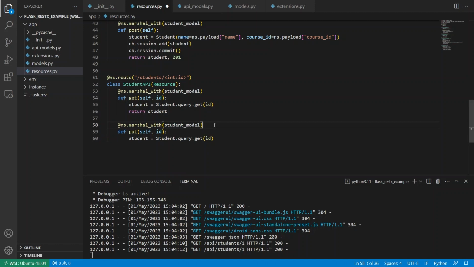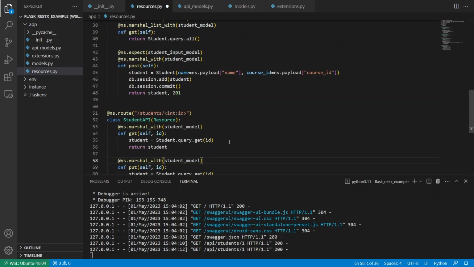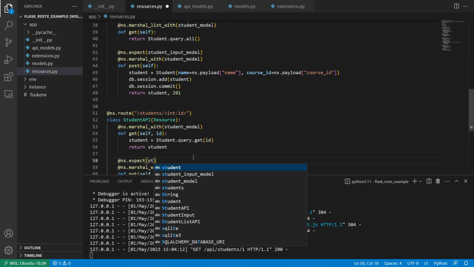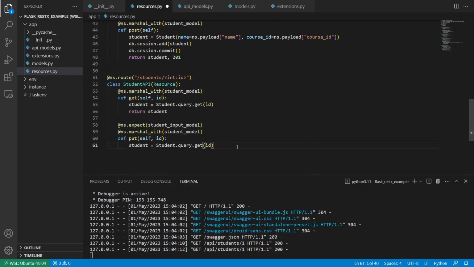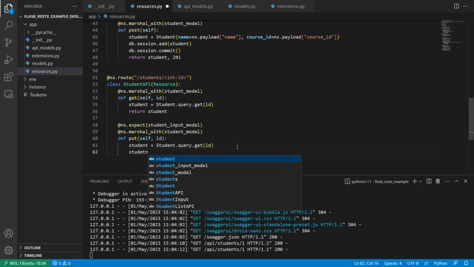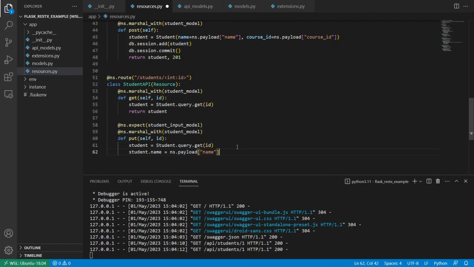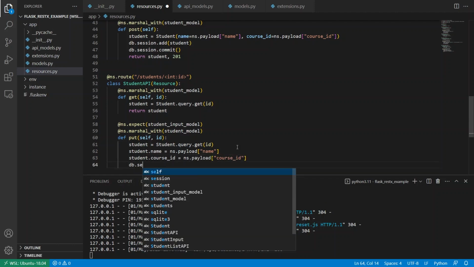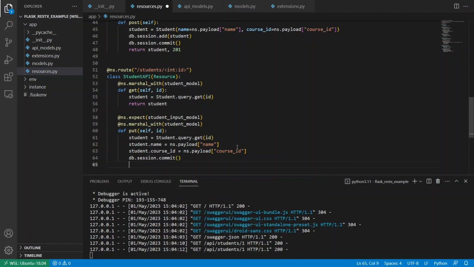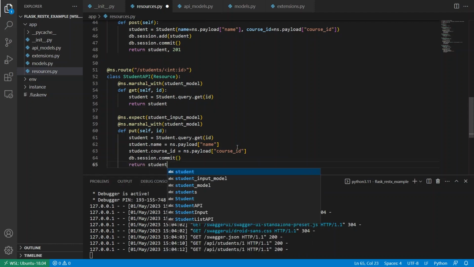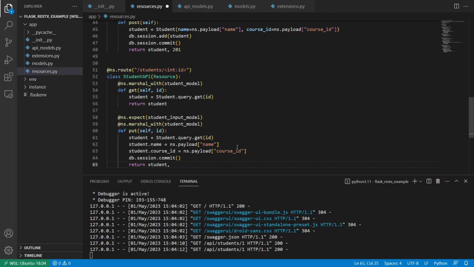And we're going to accept some request data. So once again, we're going to use expect. So I can do ns.expect and then student input model again. And then I just want to update the database with those values. So we have student.name is going to be equal to ns.payload name. And then student.course_id is going to be updated with the course ID that is passed. I can do db.session.commit, and then I can return the student, and I can return, let's just say